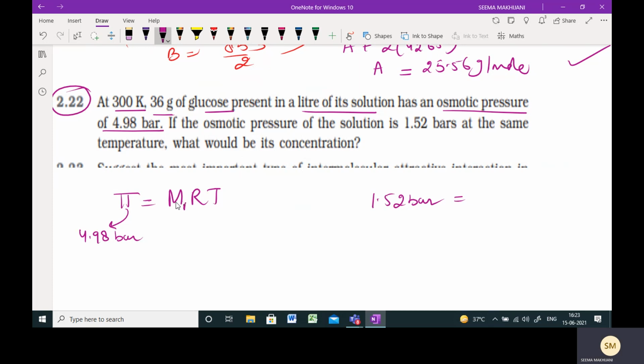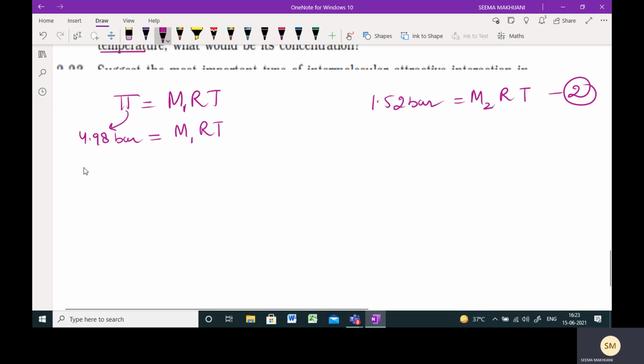Now this is one concentration, this is the second concentration. R and T are the same because it is clearly written it is at the same temperature, and R is a constant anyway. So this is your one relationship, M1RT. This is your second relationship. Now in this case the values are given to you. So your 4.98 bar is equal to, with R and T constant,